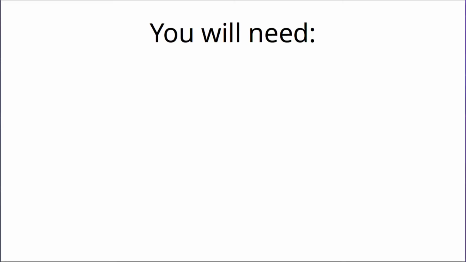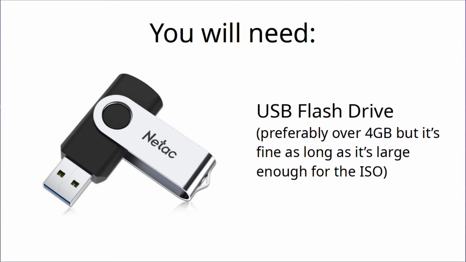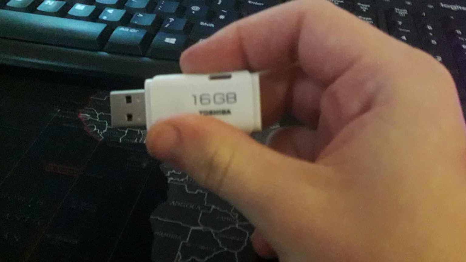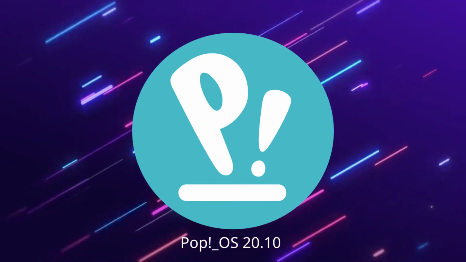So first of all you'll need two things, a PC with internet access and a USB flash drive. It doesn't need to be a large one, preferably around 4GB or higher. I'm using a 16GB Toshiba TransMemory because it's what I have access to. I'm going to install Pop!_OS 20.10,